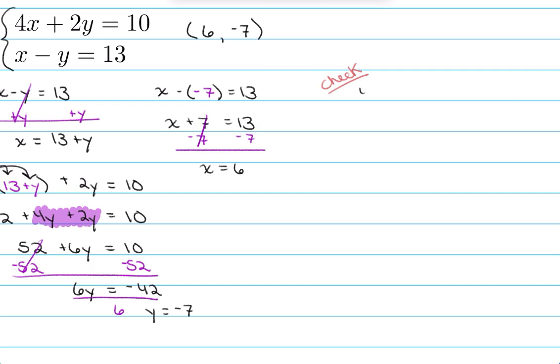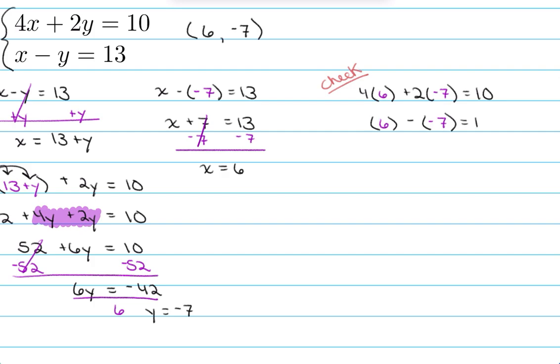So I have 4 times my x value, which is 6, plus 2 times my y value, which is negative 7, equals 10. And then to plug it into my other one, I have my x value, which is 6, minus my y value, which is negative 7,